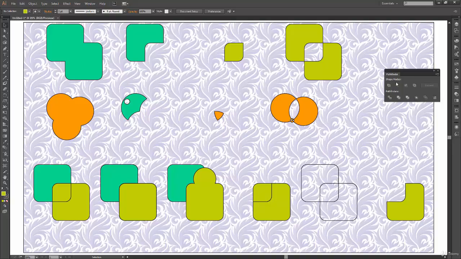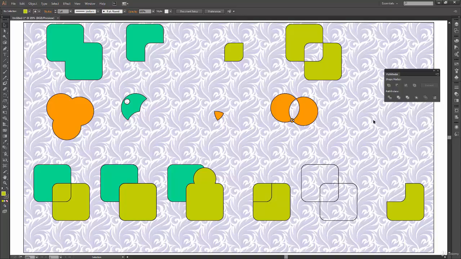So I think this next part you should experiment with by yourself, and you will be able to understand it better, how it works, rather than just listening to me say that okay, this is what happens in this mode and this is what happens in that mode. So yeah, feel free to go ahead and experiment by yourself. So here I'm going to close this Pathfinder options and all its operations. So I think we have learned enough about Pathfinder so far, and that's literally all the things you have in the Pathfinder panel available.